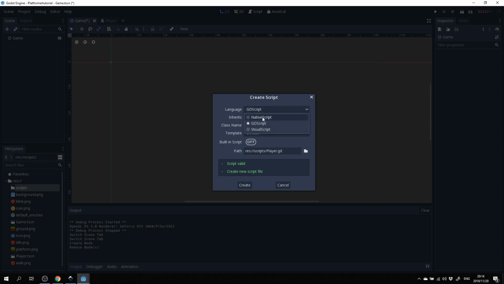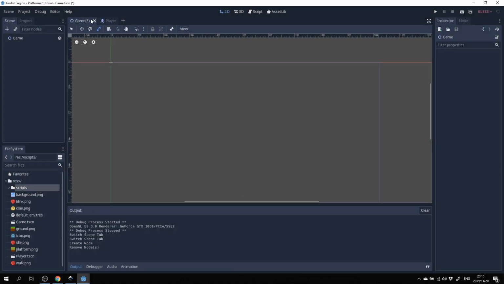You could use native Visual Script or C# even if you've got the right build of Godot, but for general purpose I'm going to use GDScript because it is cross-platform compatible. So let's go GDScript, and initially let's say it's going to inherit Node. I'm going to show you why that's going to change shortly. So let's create that and let's open it up.